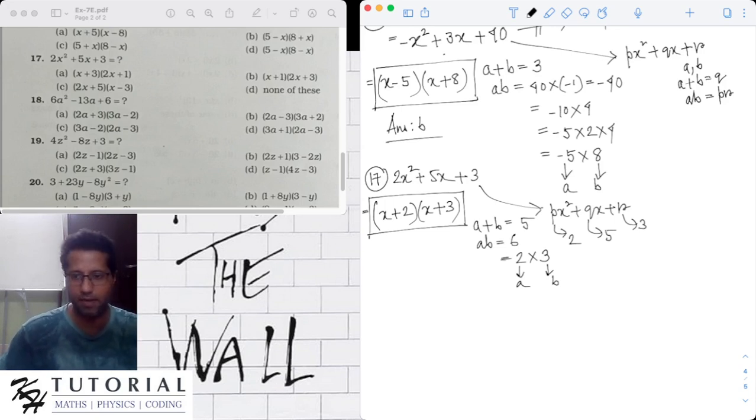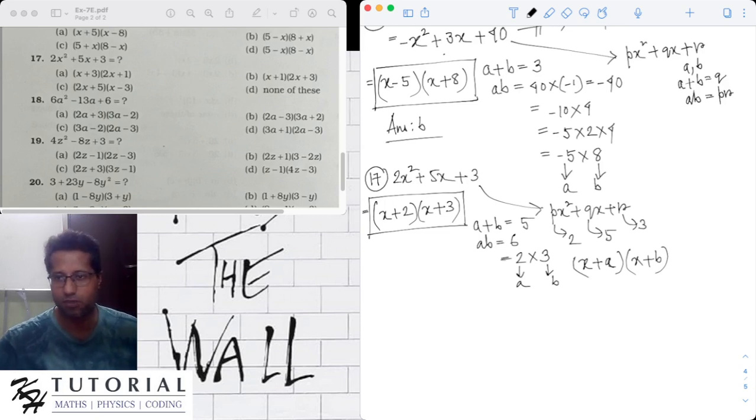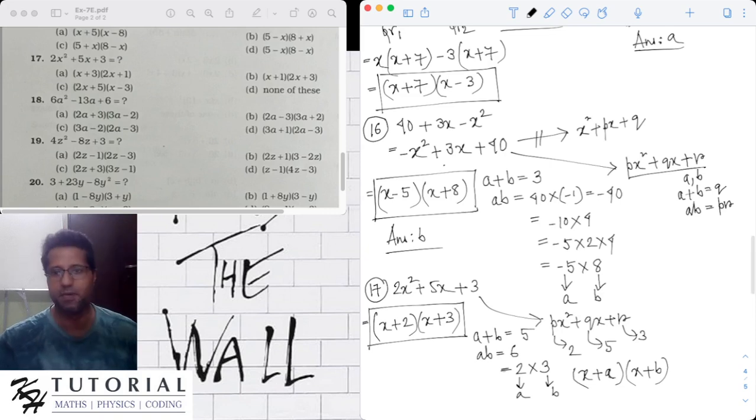once you have found a and b, the final factorization is not x plus a multiplied by x plus b. No, it is not that. This is true for the quadratic trinomial of the form x square plus px plus q. For this form, once you have found a and b, the factorization will be x plus a into x plus b. But for, no, sorry, not this one. For x square plus px,